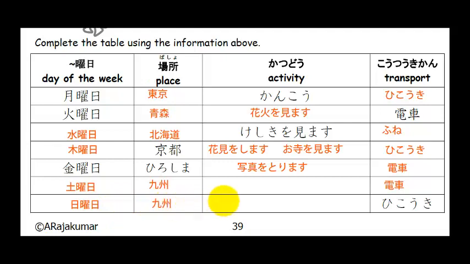Kyushu, and the activity was returning to our country. Kuni ni kaerimasu. And the kotsu kikan, the transport, is hikoki. In Kyushu, the only activity is returning home. So this one here on Doyobi, we really don't know what that is, so we can just simply pop a